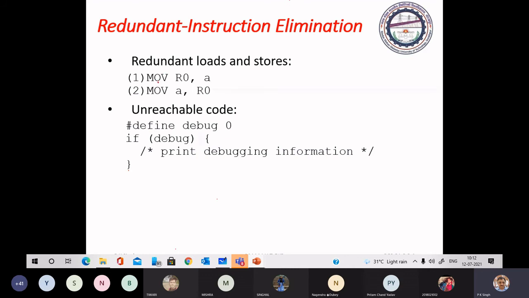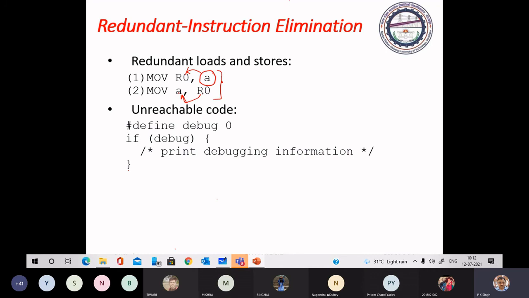Just see here, an identifier is loaded into register R0, and again the content of R0 is loaded back to the identifier A. In that case, these two instructions are redundant.